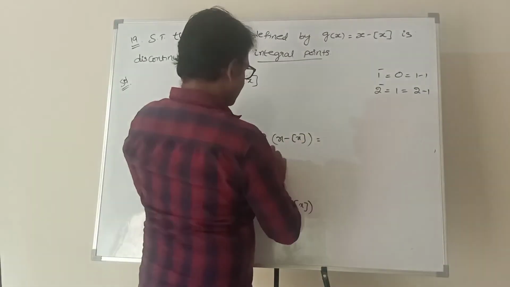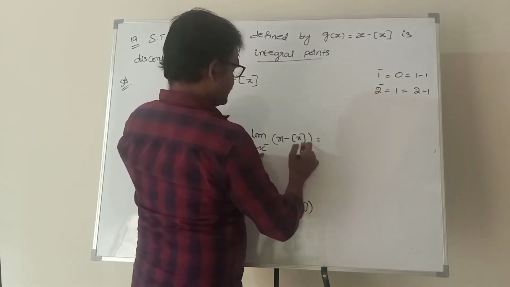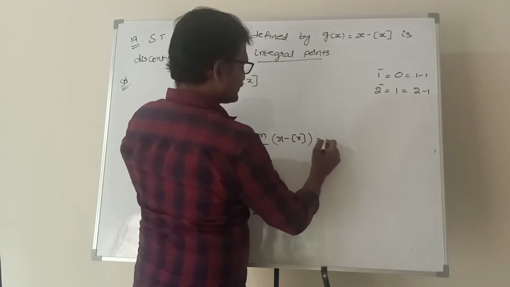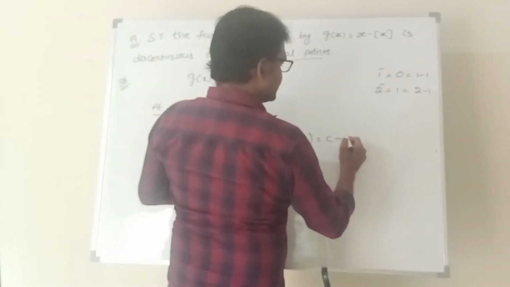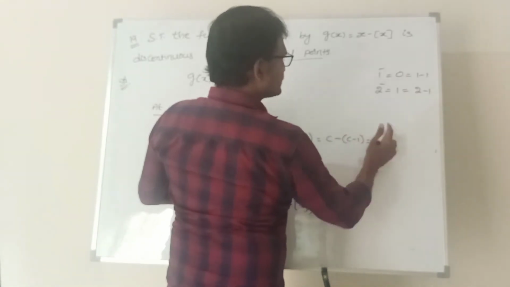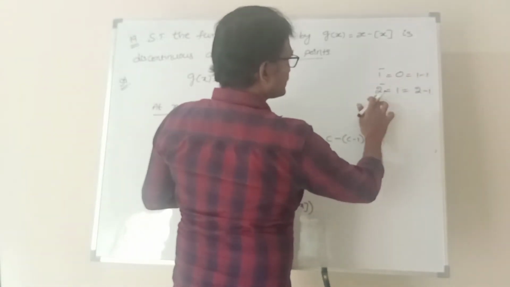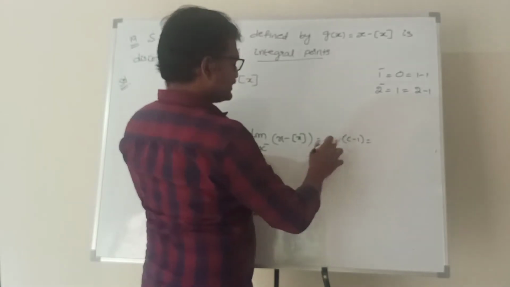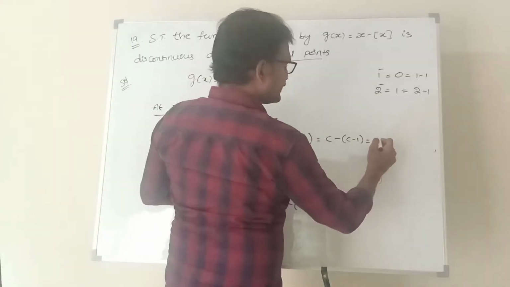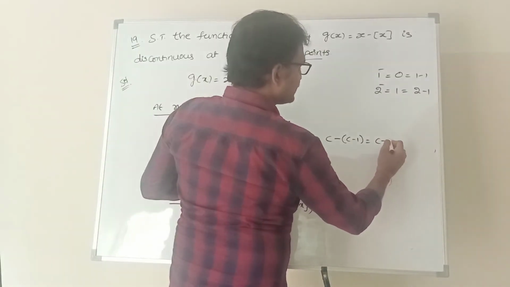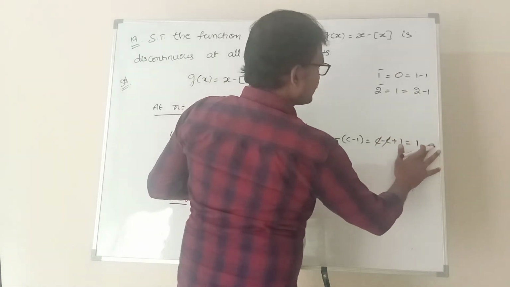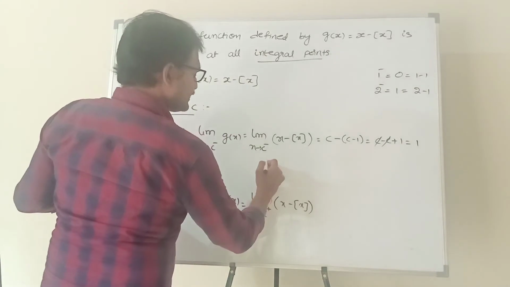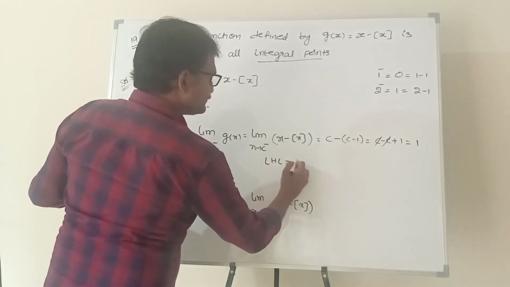Here c is an approximate value of c. c minus means approximately equal to c minus. What is step of the c minus value? Step of c minus value is c minus 1. Step of 1 minus value is 1 minus 1. Step of 2 minus value is 2 minus 1. Similarly, step of c minus value is c minus 1. So x minus step x is c minus (c minus 1). So how much left hand limit did we get? The left hand limit is equal to 1.